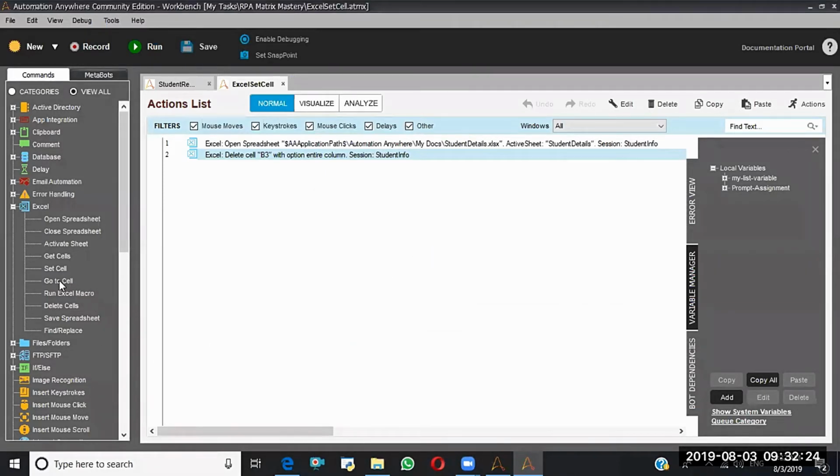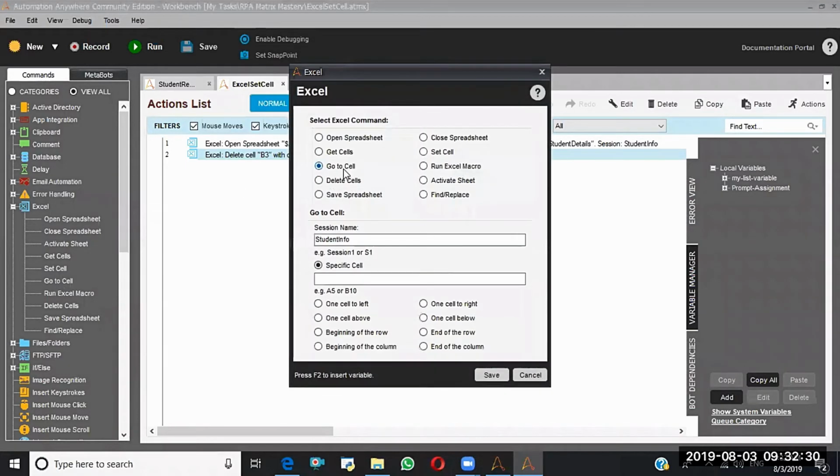That's about this one. Then simply go to cell. So here, go to cell. If you want to go to one particular cell, you can do that. I want to go to C3, or else you can say one cell above, one cell below, one cell right, left.